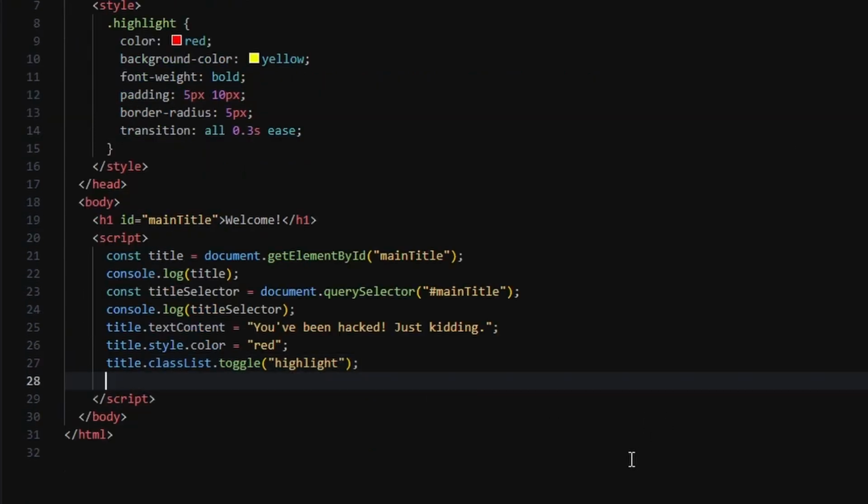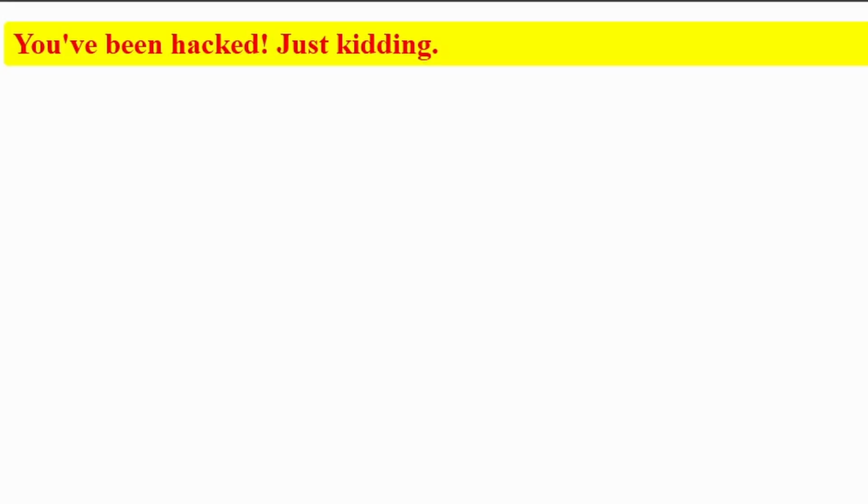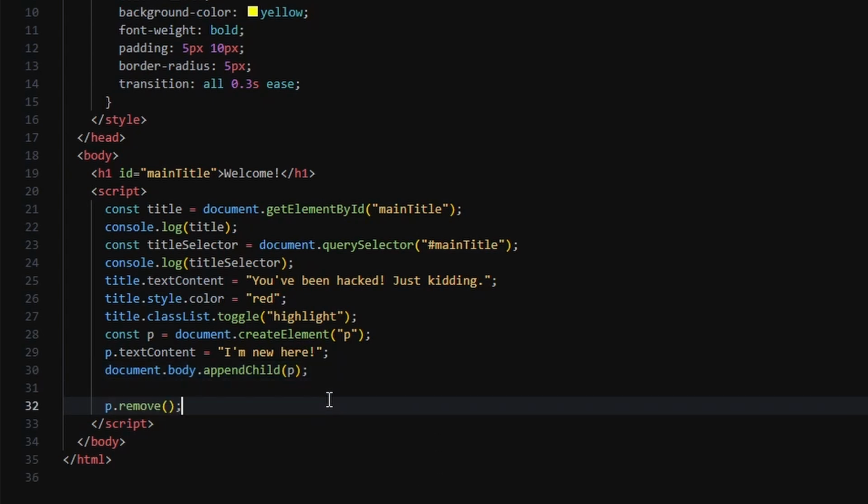You can also create elements. For example, you can create a P, set its text, then append it to the body, and voila! You've got a brand new paragraph made with JavaScript. And to remove it,